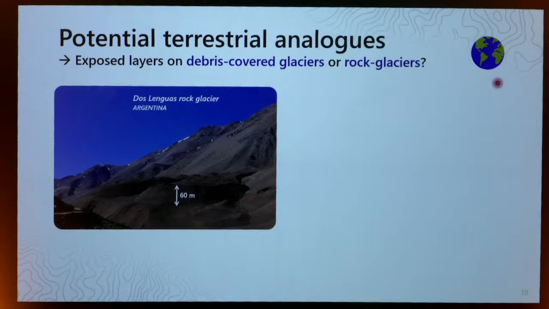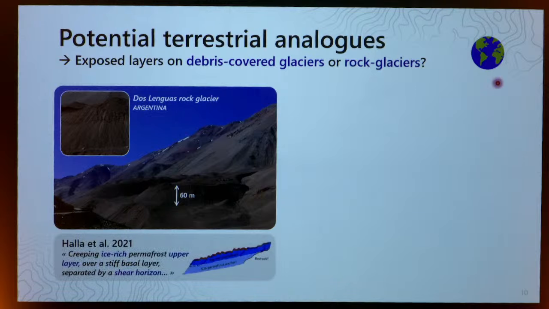It's a rock glacier that has a 60-meter high steep front, and when we zoom in at the front, we can actually see two layers. There is a paper from Ala et al. 2021 that suggests that these two layers are related to the internal dynamic of the deposit, with a creeping ice-rich permafrost upper layer lying over a steep basal layer,